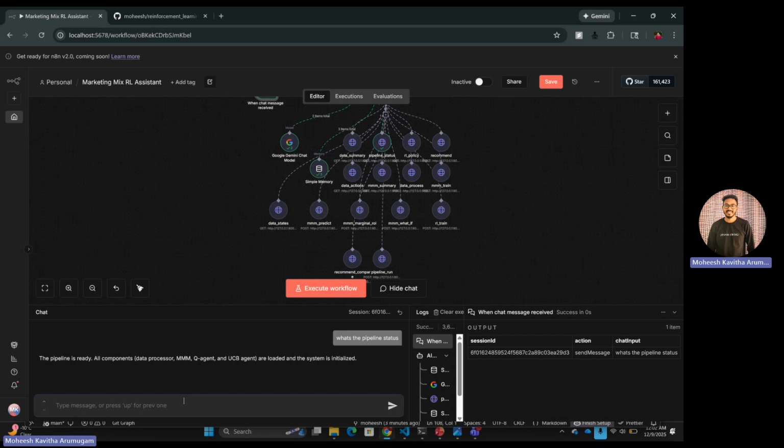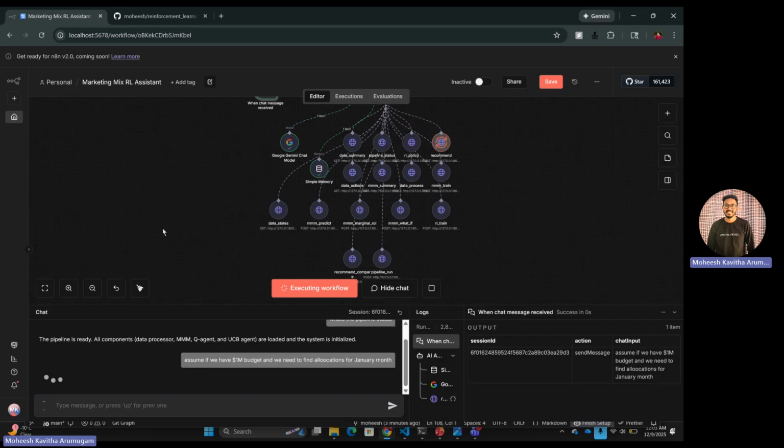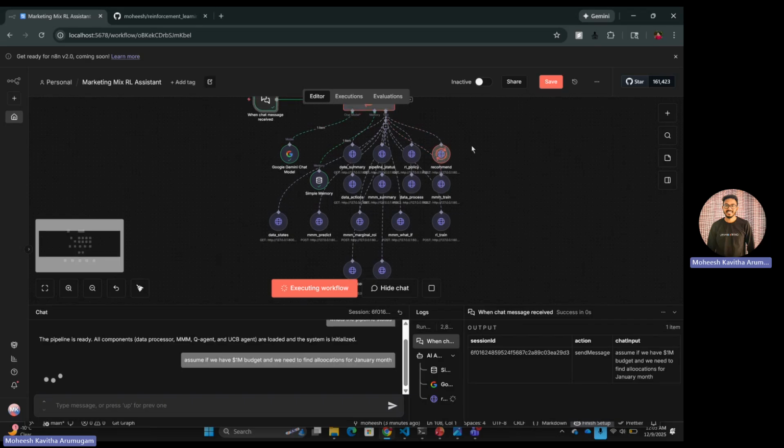Now let's go ahead and give the best use scenario. The model which we built is to give some predictions or recommendations, right? So let's assume we have a $1 million budget and we need to find allocations for, let's say, January. If you give this request, it will go, and as you can see, it goes to the right